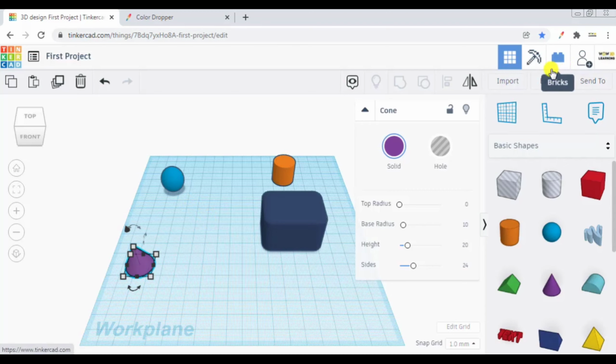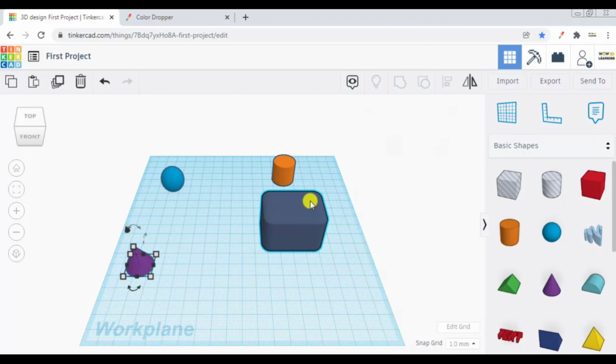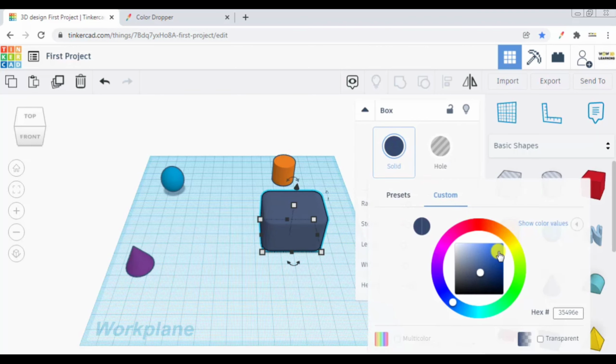Let me show you again. I click on this. See, the value is changing on the top left corner. Let me say this purple. In the top right corner you can see it is showing hash 85529A. Now if I click this, it has been copied. I will go to my solid and let me select this box. Let me go to solid. Let me go to here and press Ctrl V.